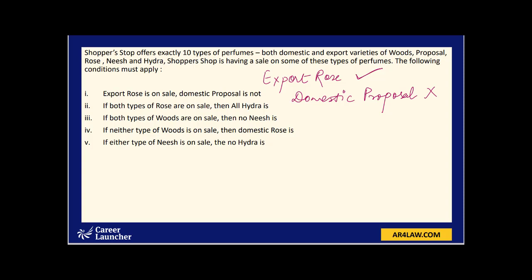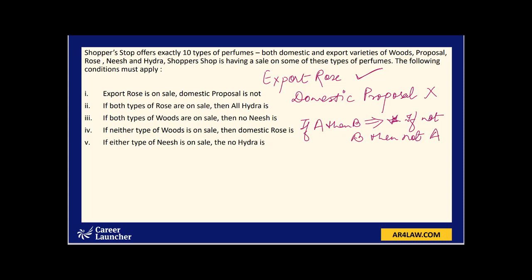Now for the remaining 4 conditions, there's something that we will be using here, or I'm sure you all are aware of: if A then B, this also leads us to, or we can easily conclude from here, that if not B then not A. As you can see, all the 4 remaining conditions are of the type if and then. So we will also note down the reverse of these conditions.